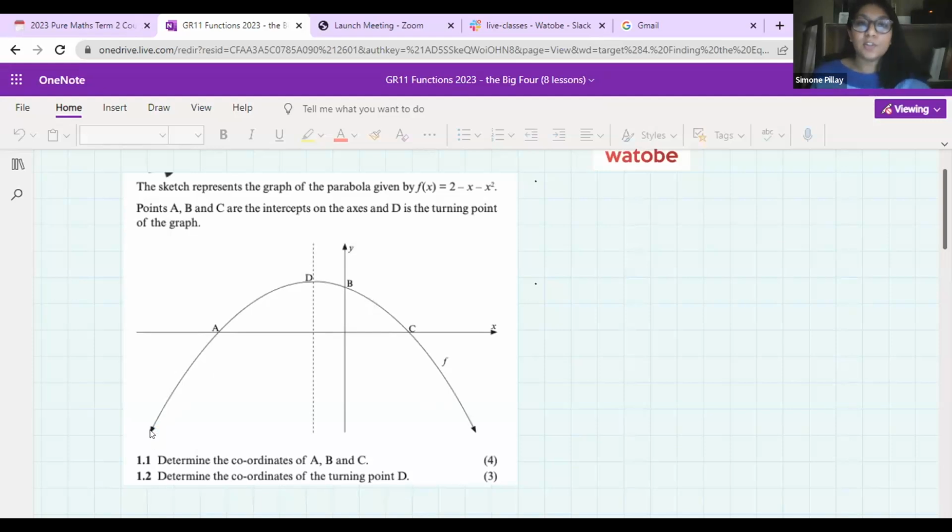So if I had to ask you what the domain of this is, there are also two ways to write domain. You can either say from negative infinity to positive infinity. Why negative infinity? Because here on this side of the graph, you can see that our graph is going to continue into negative infinity. And same on the other side, your graph will go through all your x values to positive infinity. So if I had to ask you for your domain, and remember what I said, domain is all our x values, you would tell me that my domain will be from negative infinity all the way up until positive infinity